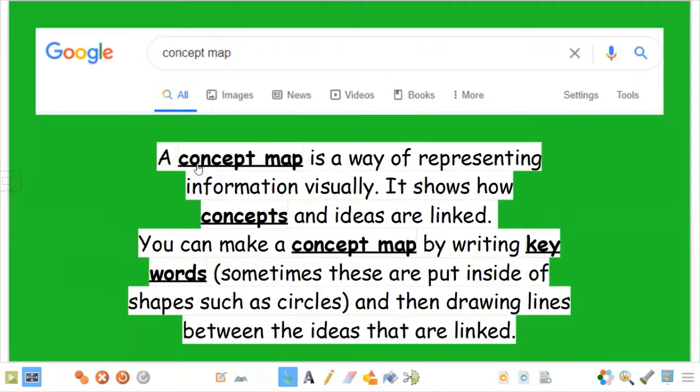Now, you see this word comes up a lot of times in this definition here. So we don't need to sound that word out now, because we should be able to recognize it and the shape of the letters together. And the word map is quite a short word as well, so we shouldn't need to sound that out. Okay, so a concept map is a way, remember this is under tricky words, of